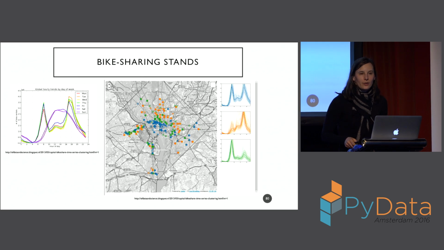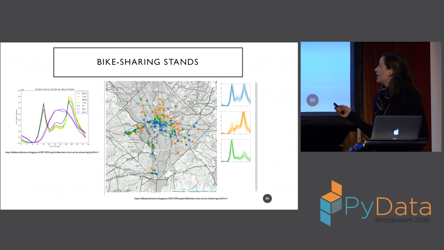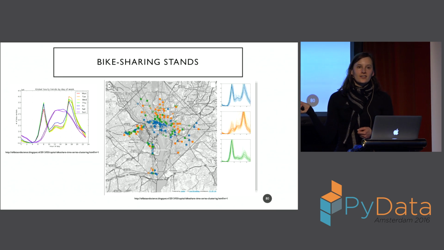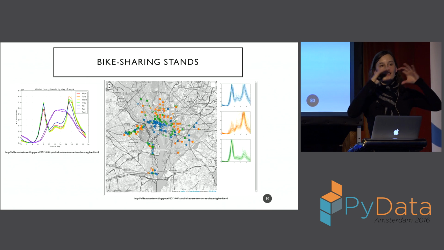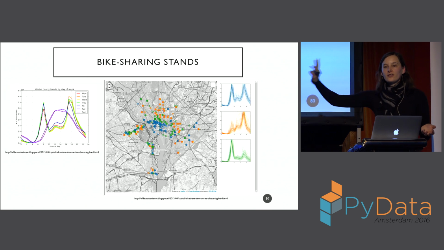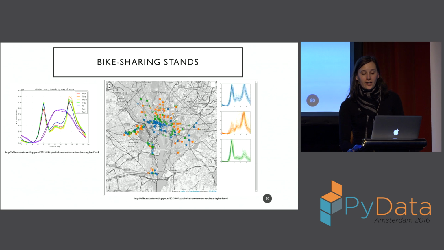And this example, I actually pulled off a .nl blog, where somebody clustered the time series for bike stands in Washington, D.C. I don't imagine the author is here today, but it's a pretty cool blog post. It was just one example of what I was able to find other people doing. So in addition to thinking about where things are or how much they cost or any sort of SQL-like thing, you also have this whole new source of data based on treating time series like a characteristic, rather than as something that doesn't talk to SQL data.